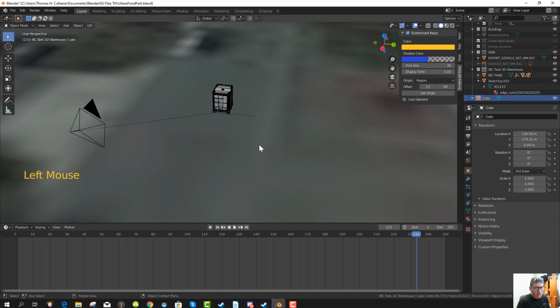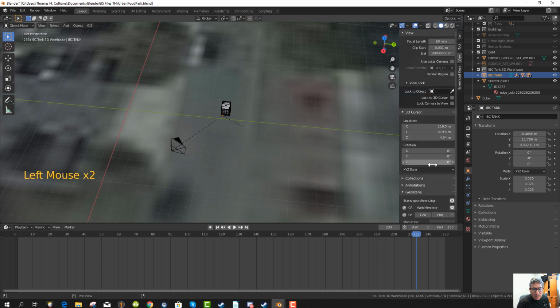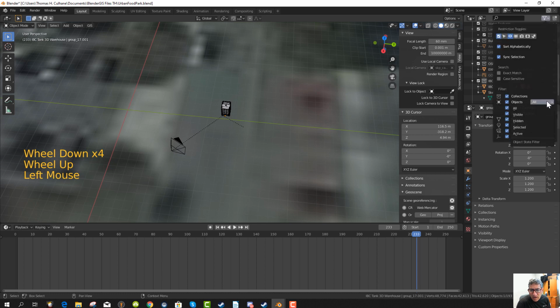Let's see if we can find the cube at the same time. Where's the cube? Well, what we can do is look at the IBC tank and look at the view and look at the location. Way down in there. What am I actually looking at? I need some kind of control point that I'm looking at, and then I can go to Filter, Objects,